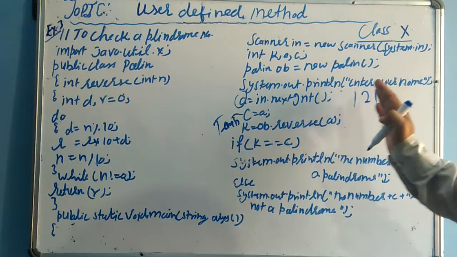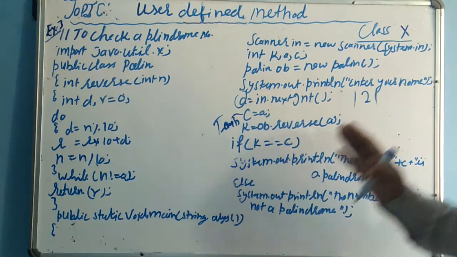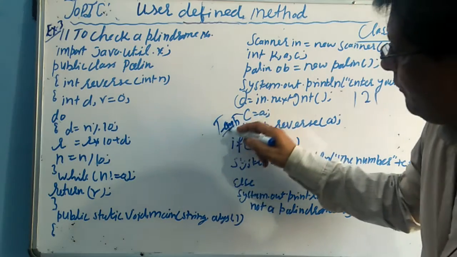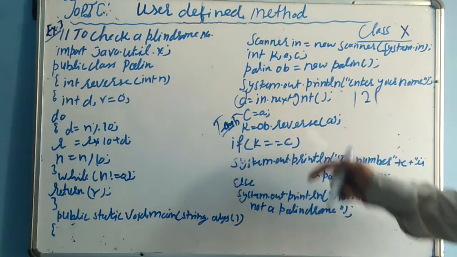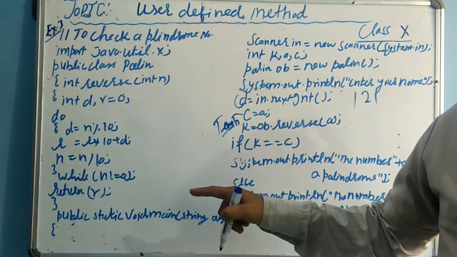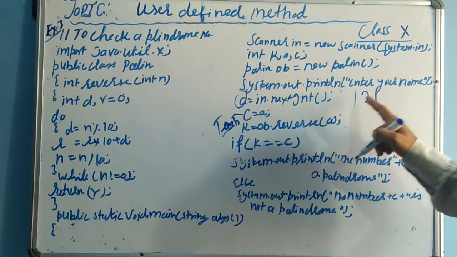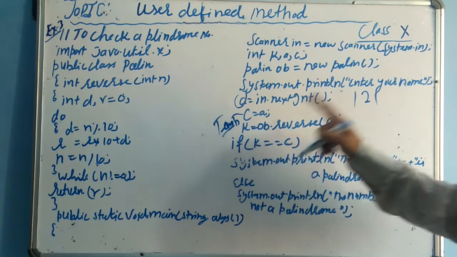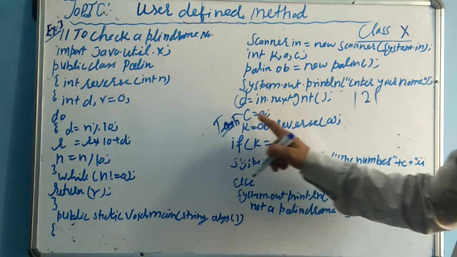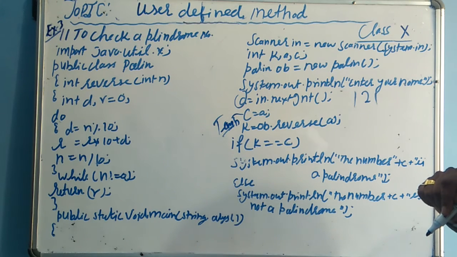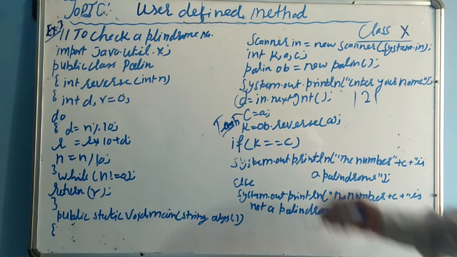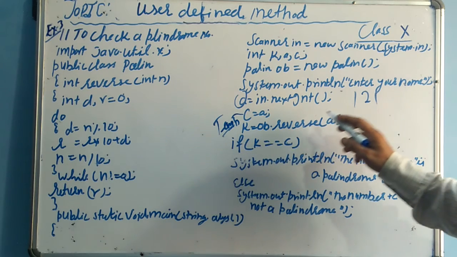This value will be stored, we will not change it. Only the temporary value we will use. All the functions will be on the temporary value. And the value of c is equal to 121. So this value is this one. Now we have to create the object: a is equal to object reverse a.